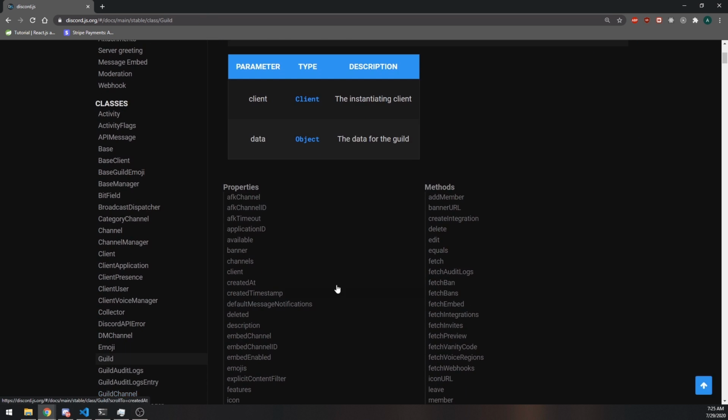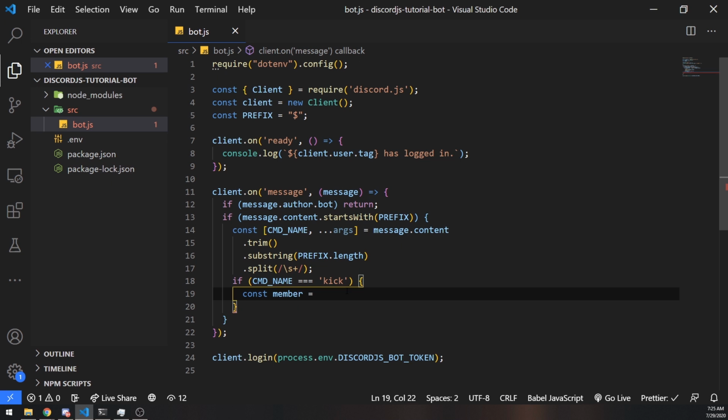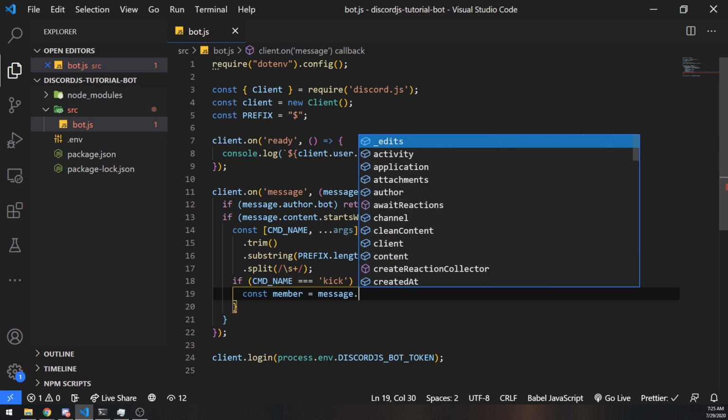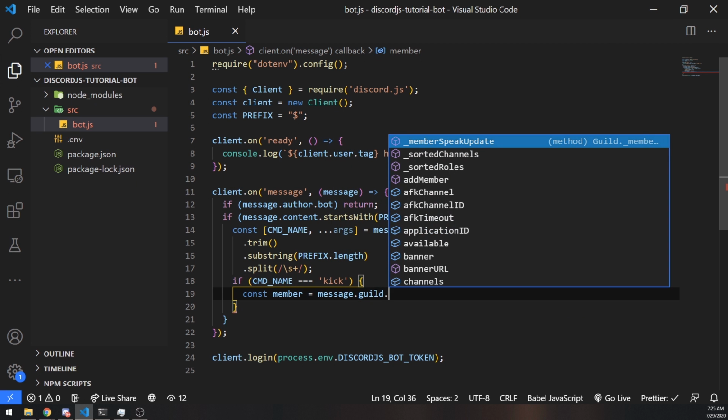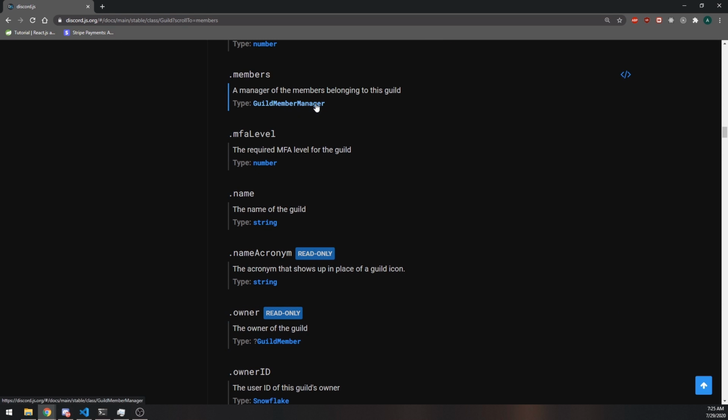And you can see if I click on the documentation, I have a bunch of properties and methods on guild. We'll take a look at this in just a sec. But first, we'll do message.guild. And what I'm going to do after is reference the members property. Now, if you look at the documentation, the members property itself is a guild member manager. Okay, and the guild member manager basically manages all of the members that belong to the guild,